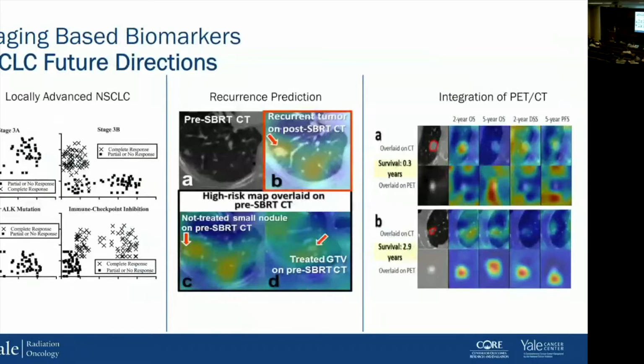And the last thing is we want to integrate PET-CT into the model, just because what we've been noticing is that PET actually is a very, very good indicator. Deep learning analysis of PET images gives us a good signal. So we can see the PET imaging of this patient who survived for a very long time. The PET imaging is very, very crisp, and this one's a lot more erratic. And that erratic PET signal on the deep learning model suggests that potentially they have a lower life expectancy.